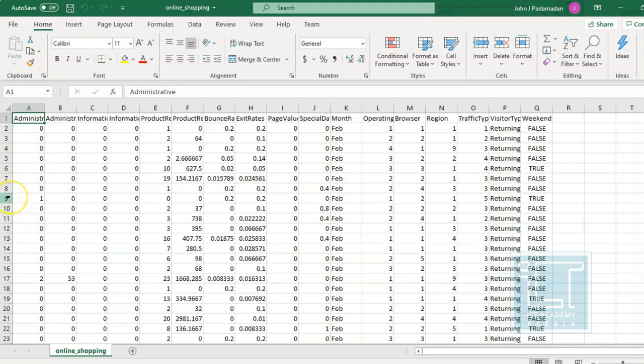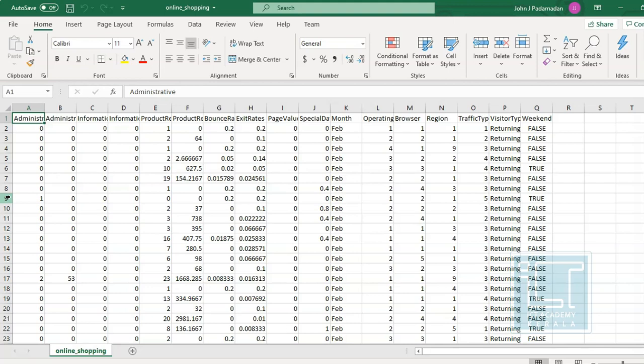Okay. The dataset consists of 9 numerical and 8 categorical attributes. And unfortunately, there is no column which marks the revenue or whether a person who has visited the website has purchased from the website or not. If that column was there, then we could do a classification process. Here, we can do grouping and tell the client that you can concentrate on this category of people with any particular marketing strategy.